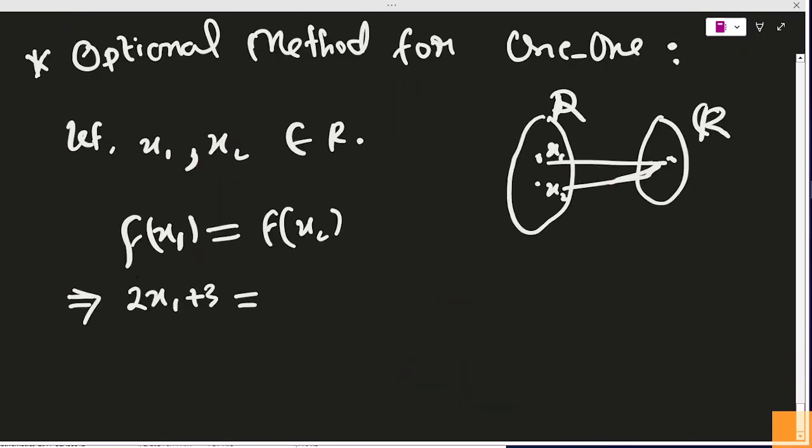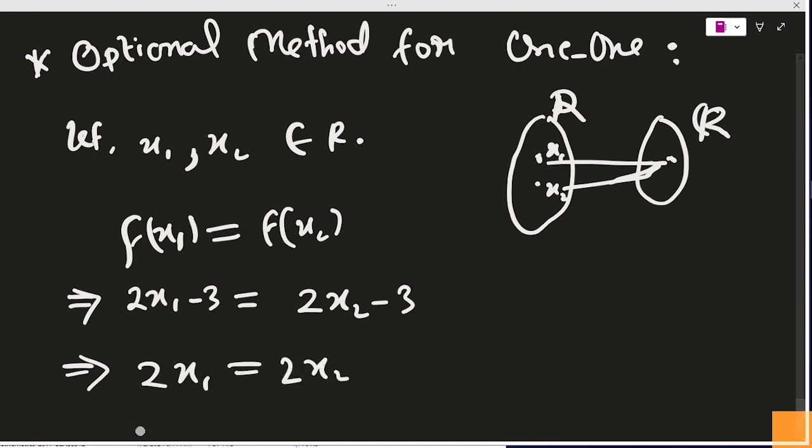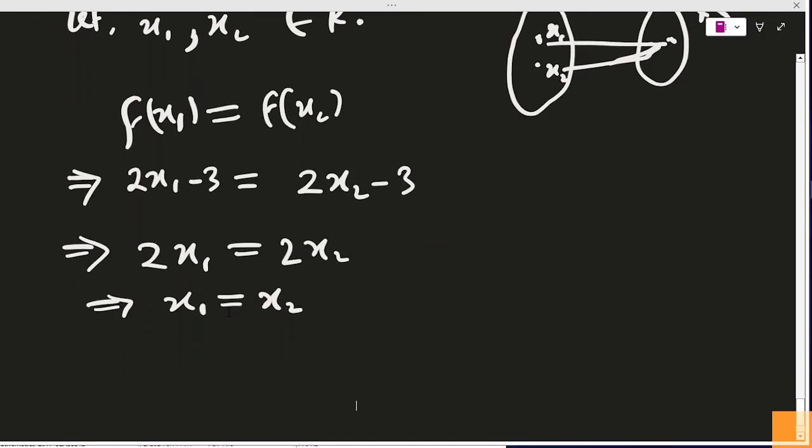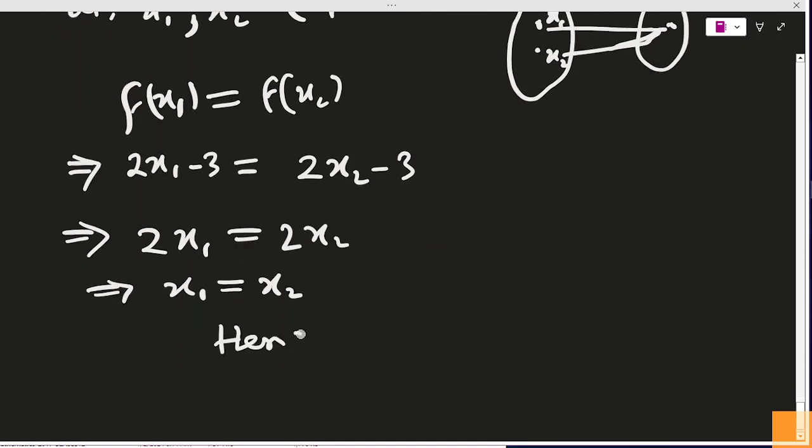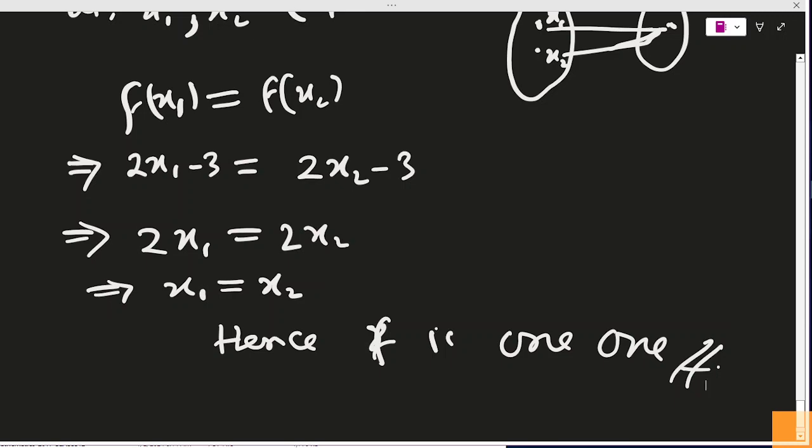So ये -3 है, twice x1 -3 और यहाँ पे twice x2 -3 होगा। यहाँ से -3 कैंसिल होगा, twice x1 is equal twice x2, this will imply x1 is equal x2. So hence f is 1 1, ऐसा भी एक मेथड है। ये भी हो सकता है, राइट। सो दोनों मेथड से आप ये प्रॉब्लम सॉल्व कर सकते हैं।